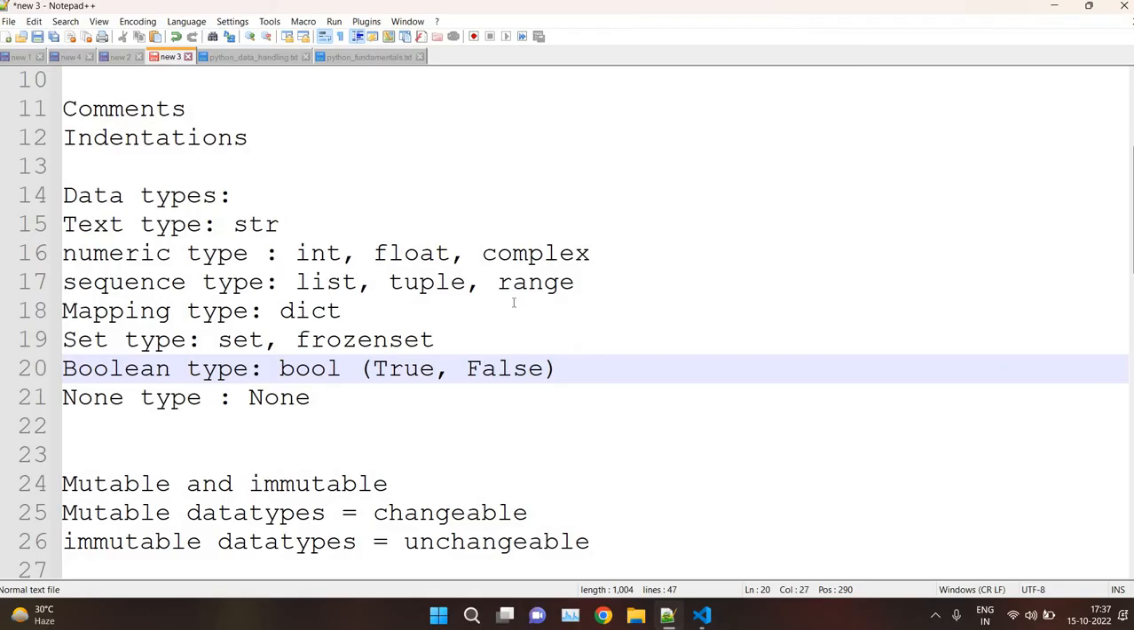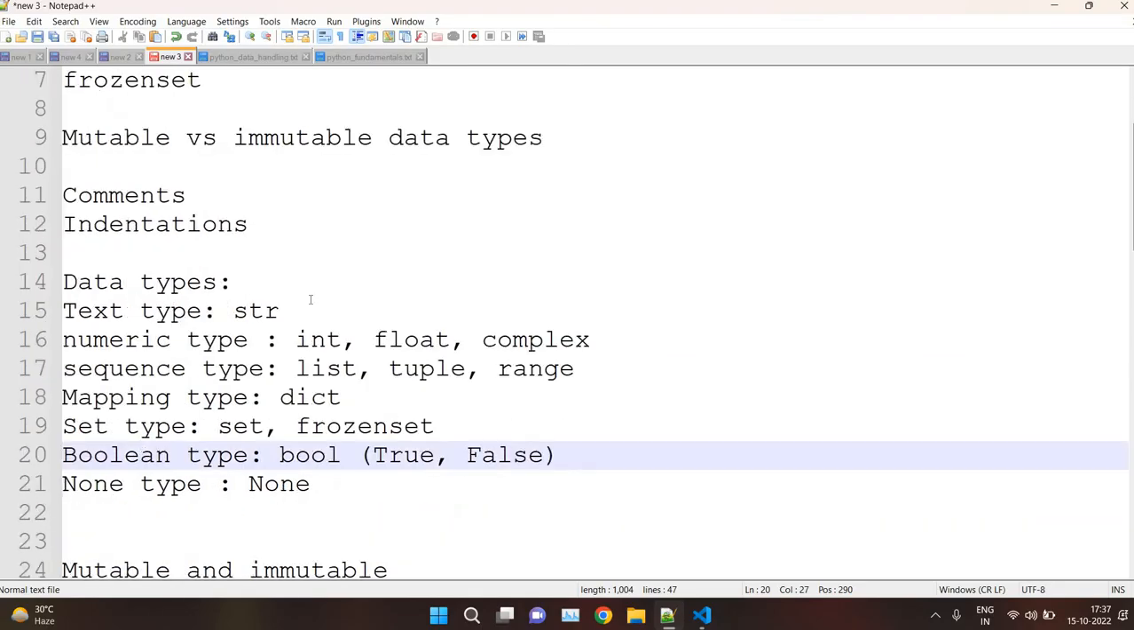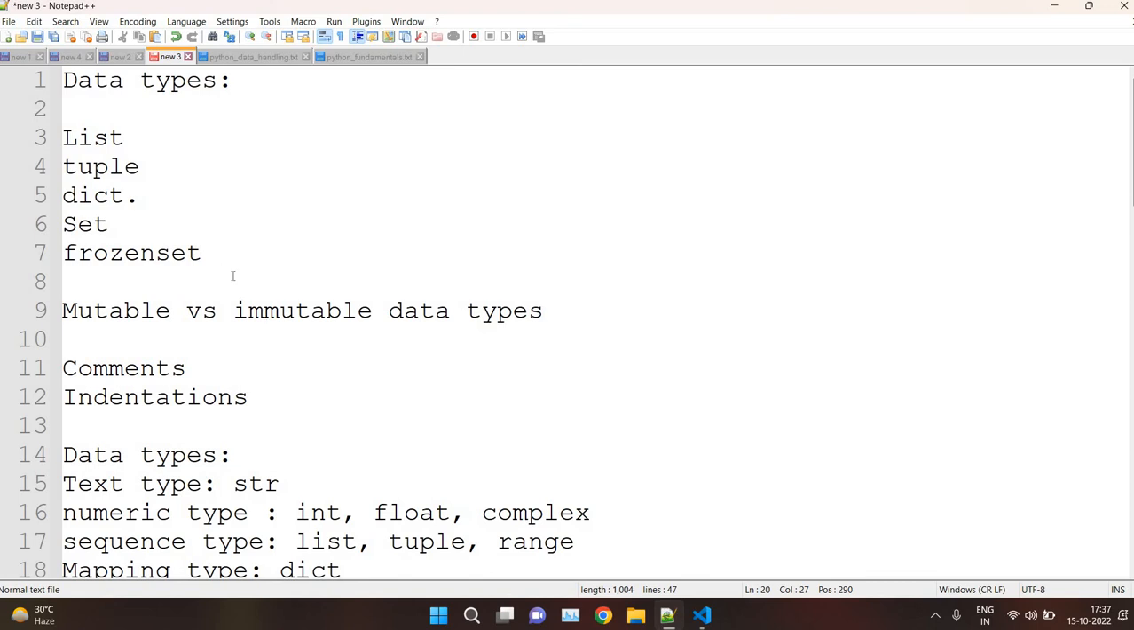Okay, so that's it for today. Tomorrow we will see typecasting,